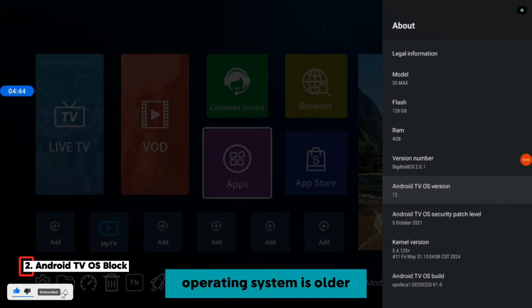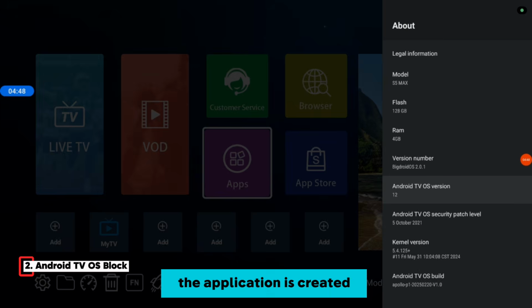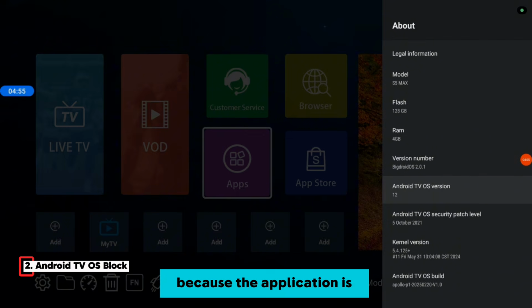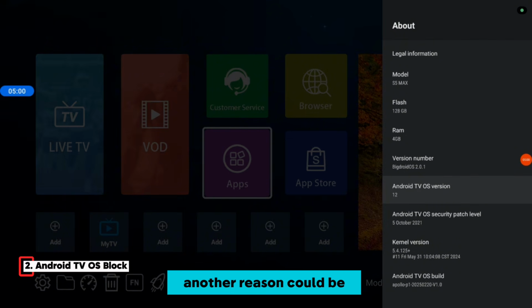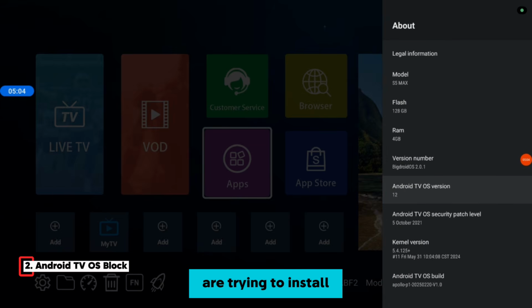Now, if your Android operating system is older and the application is created for a newer operating system, then the application will not be installed to your Android TV. In that case, it's because the application is not compatible with your Android TV device. Another reason could be that you have the latest Android operating system, but the application you are trying to install